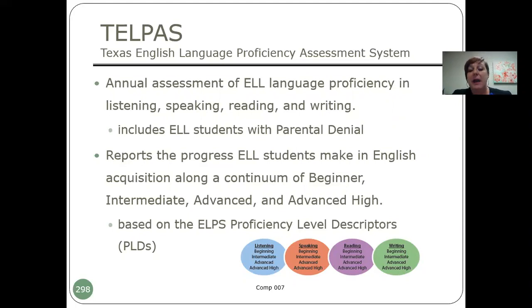Okay. Now, as we report that progress, we're going to note that along the continuum of beginner, intermediate, advanced, advanced high. Those are our 4 levels. Now, I will highly encourage you, as you can see in your resources there in Competency 7, we have the full verbiage of the proficiency level descriptors, or PLDs, that we use for TELPAS, and that's part of your resources there. I highly encourage you to take some time to read through those proficiency level descriptors, and the reason being is that on this assessment,